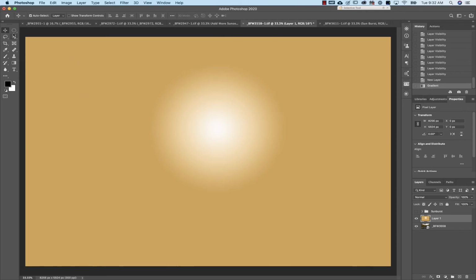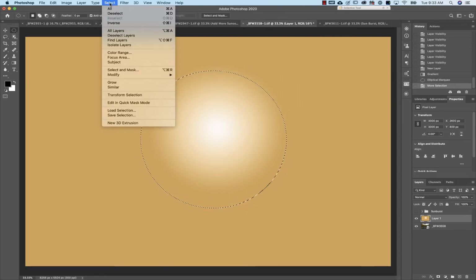And the next thing I'm going to do is come over here to your circular marquee tool, or it's called elliptical marquee tool, and I'm just going to create a circle here. And if you hold the shift key down, it creates a perfect circle. Now I never get this right, so basically I just create a circle. And you may remember from previous lessons that you can't just take this and move it. If you do, you're actually moving pixels. So what you have to do is come in here on, let me